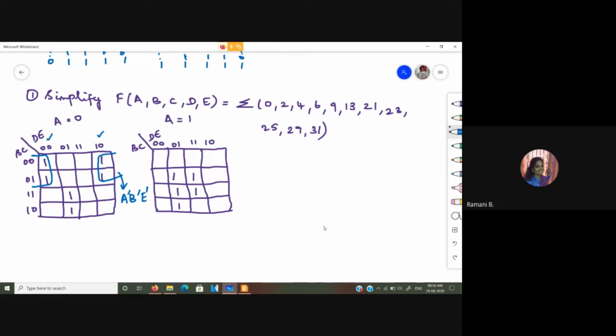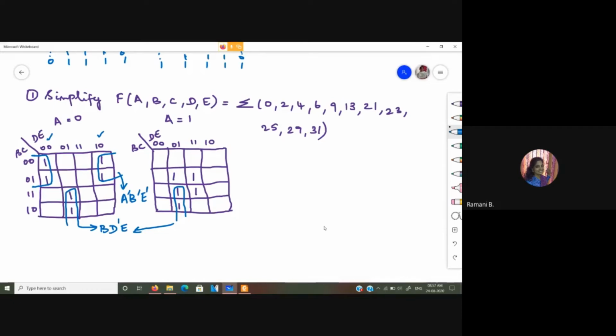Okay. And next, coming to these two ones, you can have, that is placing one four variable map over the other, we form this group because this is overlapping. So here this corresponds to a equal to 0 and this corresponds to a is equal to 1. So a variable won't be there. Then b and c. So b is equal to 1 is common in this. So we have the term b. C is equal to 1 and 0, so we leave it out. And then de is equal to 0, 1. So d bar e. That is the term corresponding to this particular one.